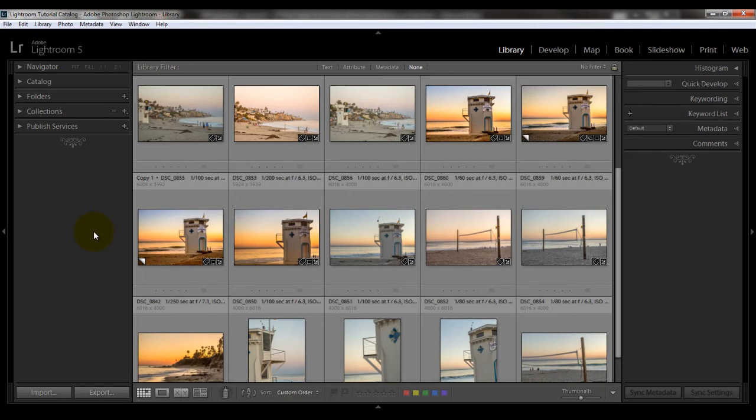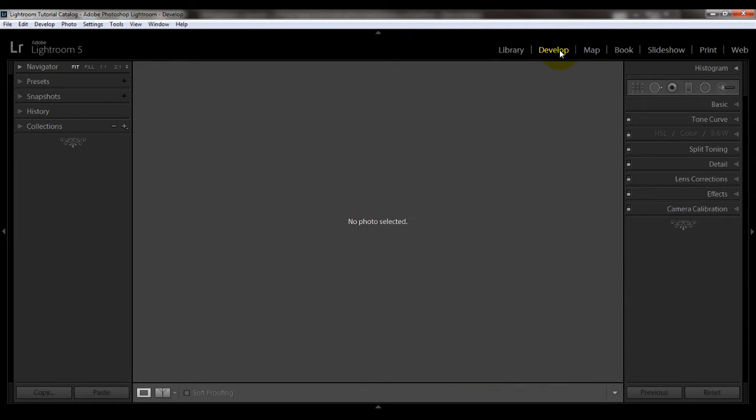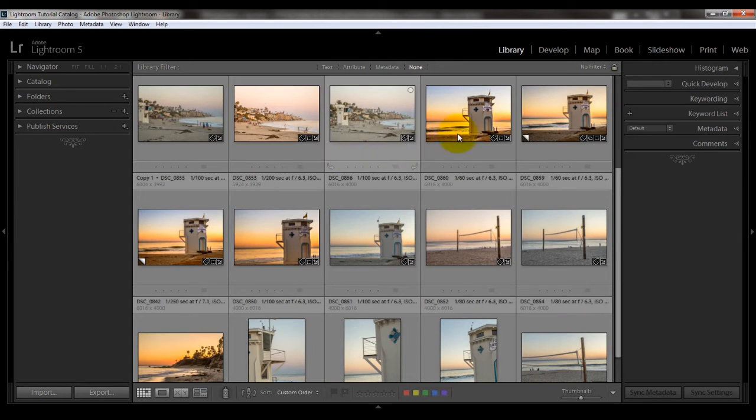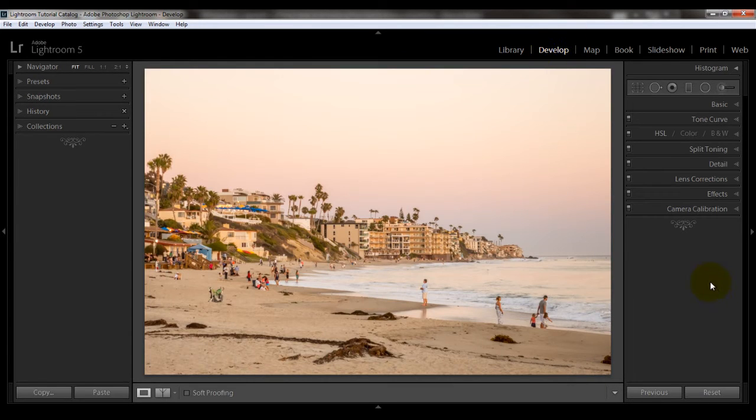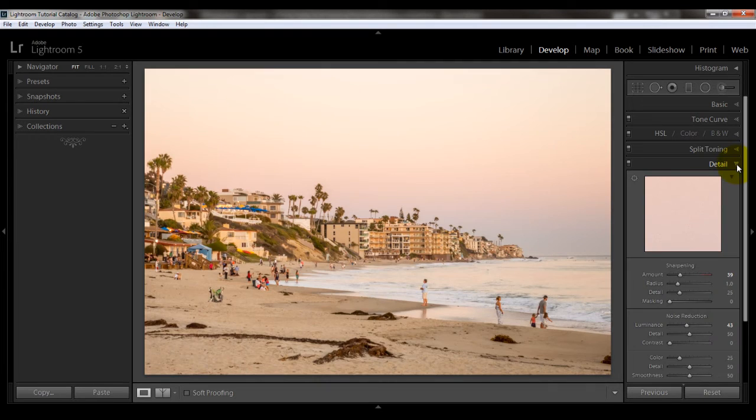And then next, when you're in the Develop module, it helps to apply some settings in a certain order to help save on RAM usage. So for example, sharpening and noise. Let's go over to the Develop module. Oops, let me select a photo first. Let's select this, go over to the Develop module. And it does help in general to follow the general order that Lightroom gives you, because they give that to you for a reason. So you would want to apply the sharpening and noise removal, which are found in the